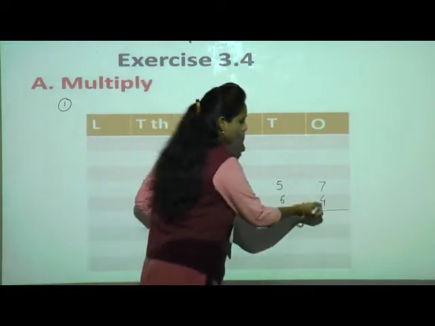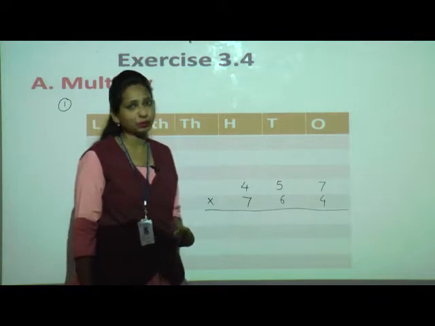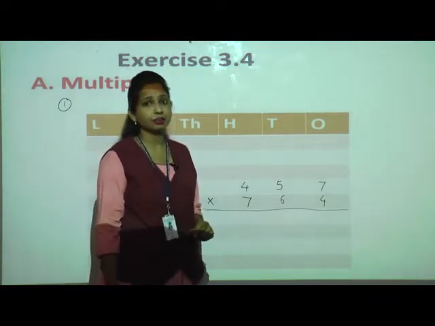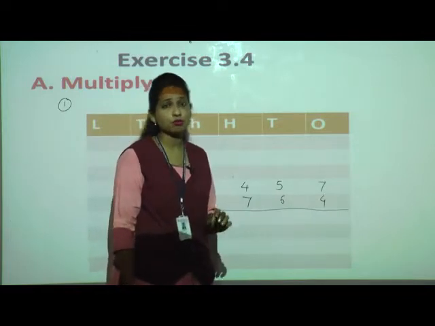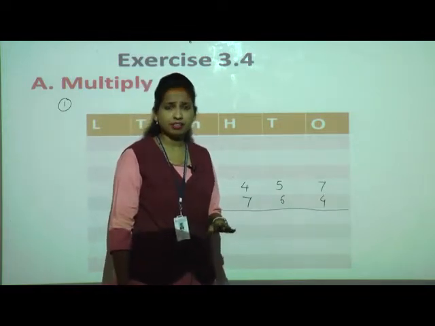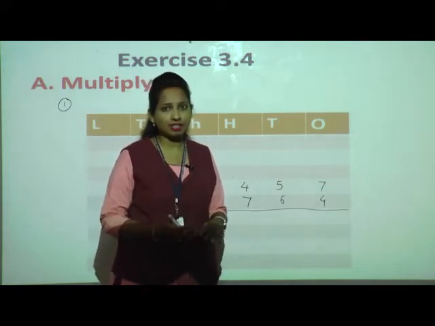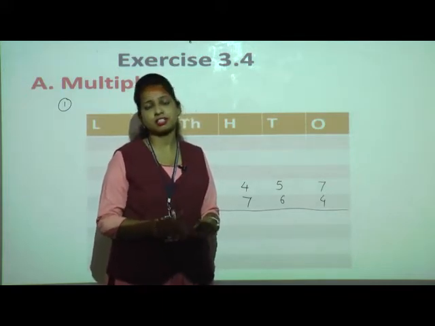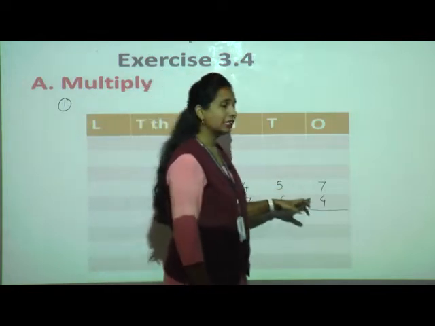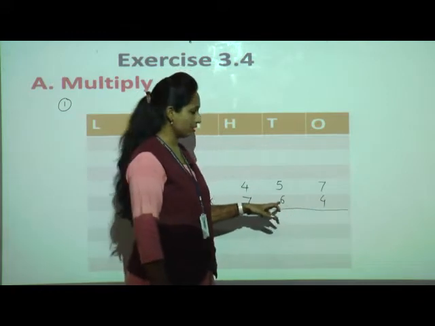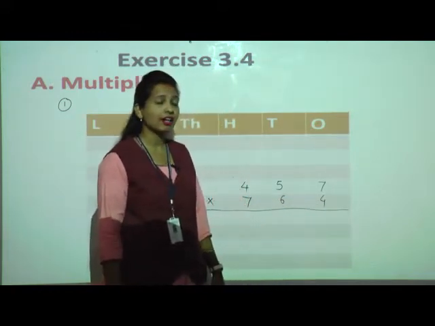Now we will start. 4 sevens are, tell me, for this you should know the table by heart. You should know perfect tables, at least till 10. Means you know the tables, but you should know them quickly. Like if I ask 6 6s are, immediately 36, 5 5s are 25. Like this immediately you should know. So try to learn quick tables. So now tell me, 4 sevens are, yes, 28.